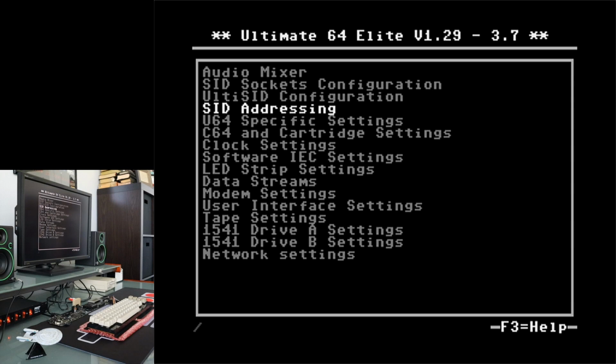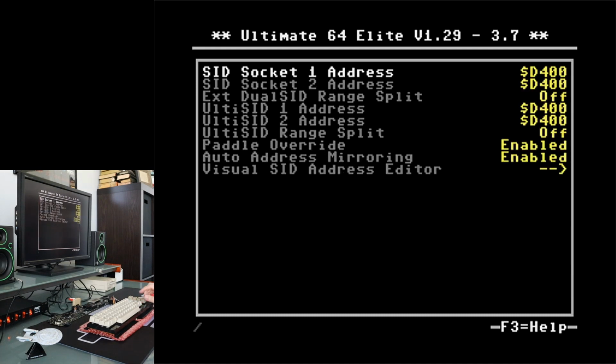I don't want 3 SIDs playing. I only want 2. I want an emulated SID and I want the real SID playing. I don't want the third. So I'm going to go into the SID addressing configuration page. And what this